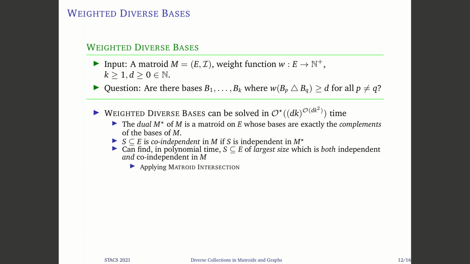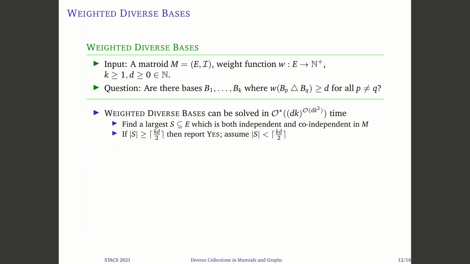Now it is known that we can find in polynomial time a subset of the ground set of M of the largest size, such that this subset is both independent and co-independent in M. This we can do using matroid intersection. So what we do is we find a largest subset of the ground set which is both independent and co-independent in M. Now if this subset has size at least kd by 2,